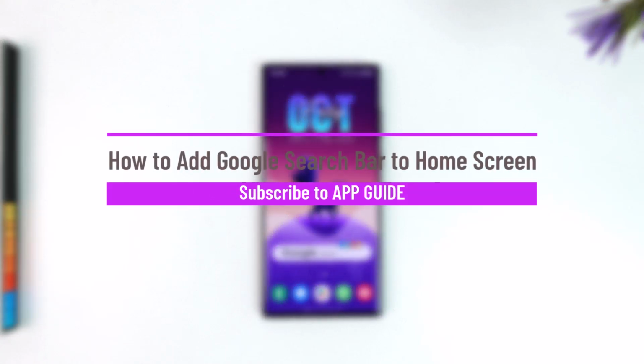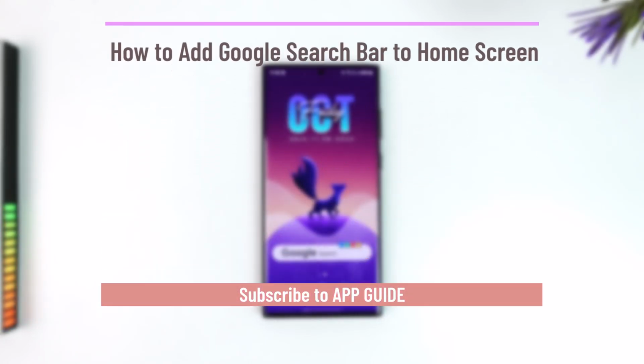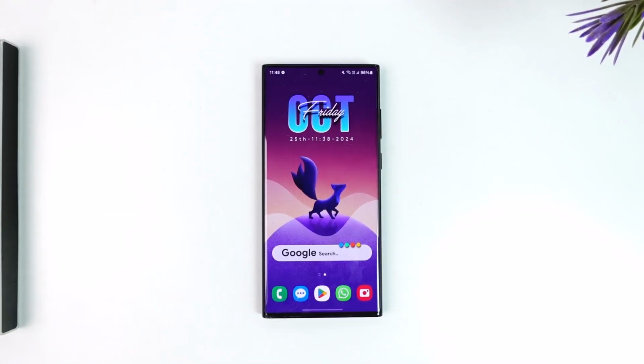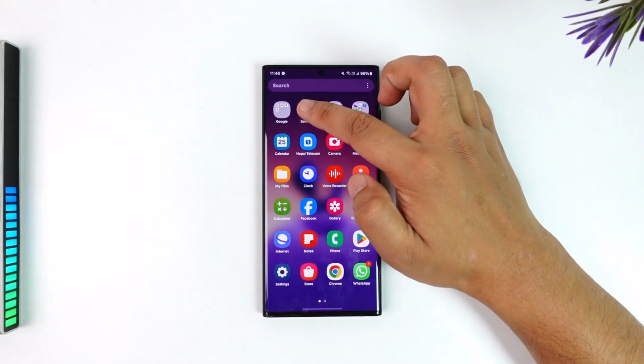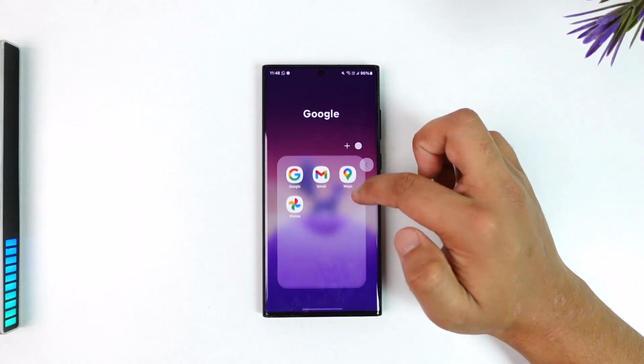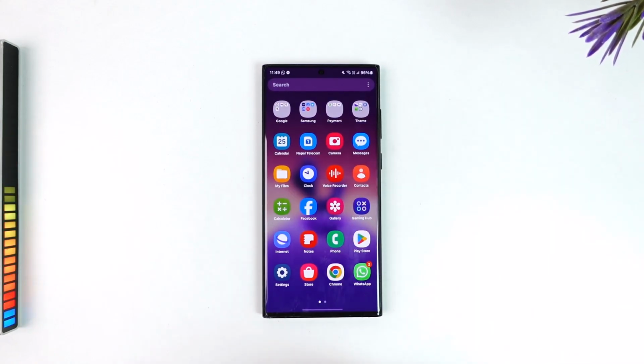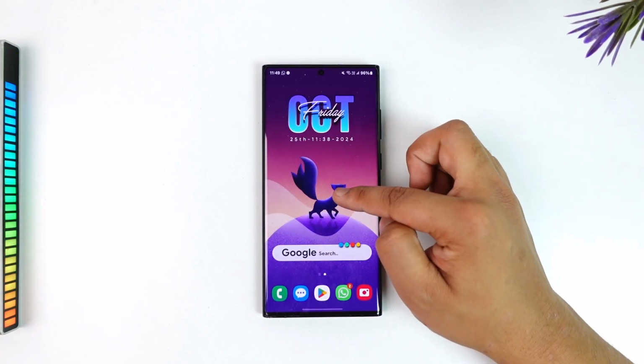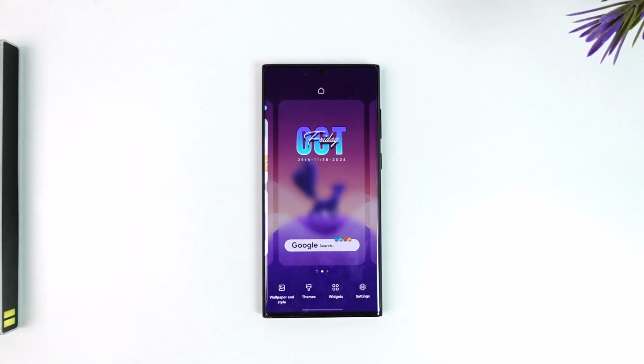How to add Google search bar to home screen. So basically, if you want to add the Google search bar to your home screen, it is very simple to do so. All you have to do is just make sure that you have the Google app as well as the Google Chrome app. So any of these you can have, and all you have to do is just long press on an empty space on your home screen on your Android device, and from there you have to simply